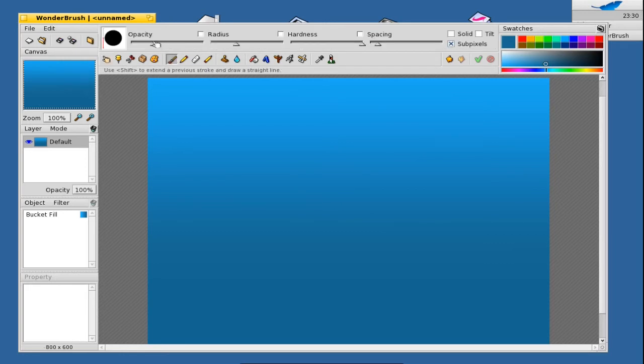I will set an opacity, not 100% opacity, and a smaller radius here, I think. And then I need to set also a color for my brush. So we'll go with a lighter color. This looks pretty good, I think. And then I will simply put in one point here,